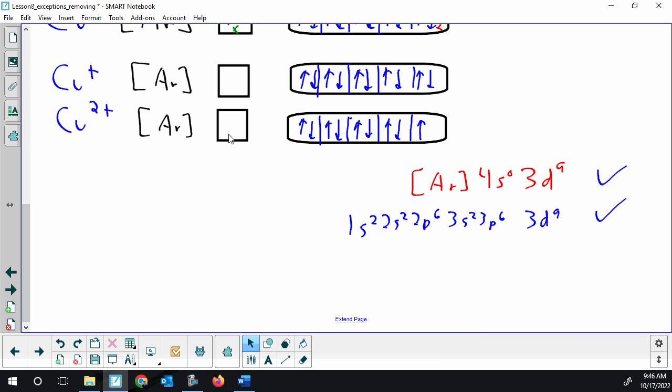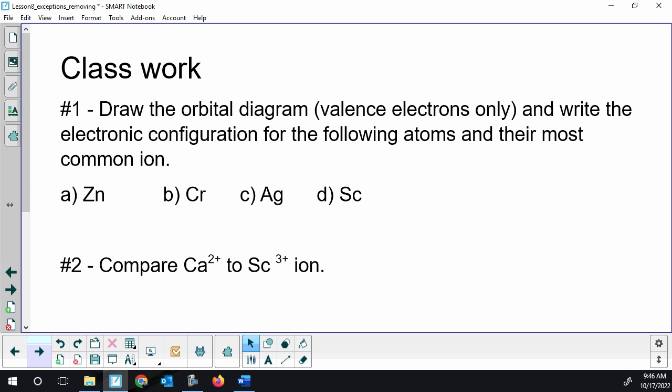So we're done the quantum mechanics stuff. Okay, we have a couple more lessons to finish up the whole unit, which is all relating to trends in the periodic table, using our knowledge of quantum. So a few questions for you to work on right now. Can you do the orbital diagrams? Just do the valence only, so do the previous noble gas core, and then the valence for the following atoms, and then their most stable ion,